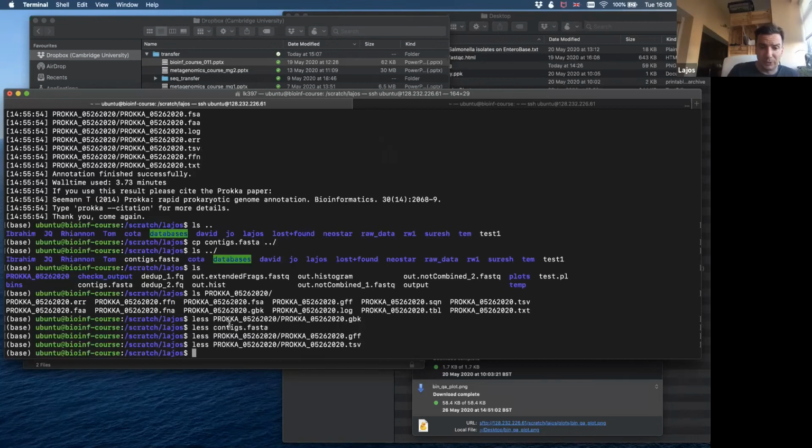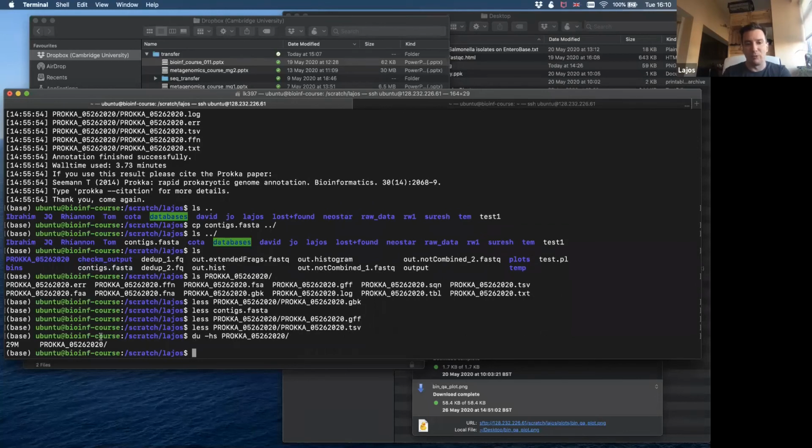Okay, so these are the main files I think you would use. But as soon as you are using Prokka or any other programs, just leave all the files here. The good thing with the de novo genome assembly is that as soon as you are at your contigs FASTA phase, all the post-processing you are doing will never really take too much space. If I'm just checking the size of the PROKKA folder, the whole folder is 29 megabytes, which is nothing compared to